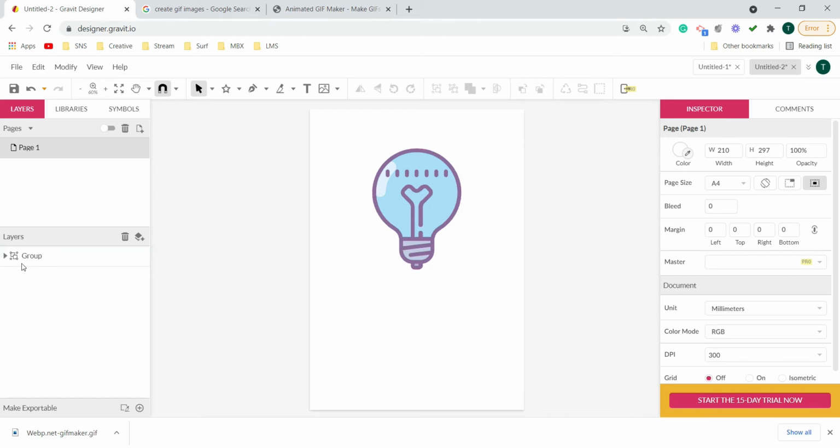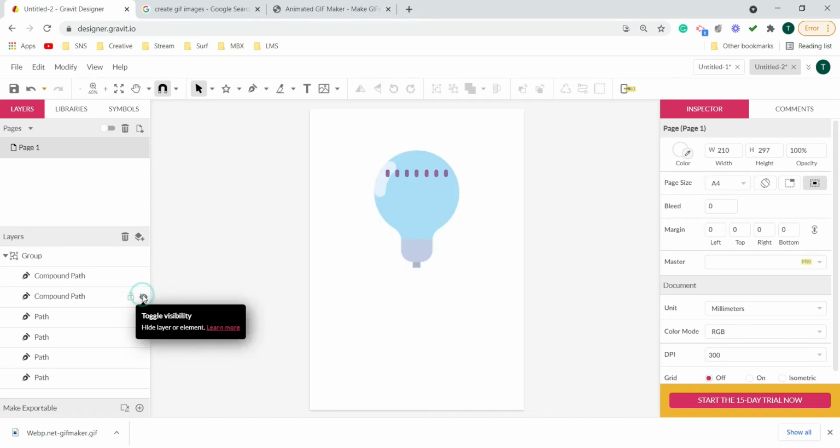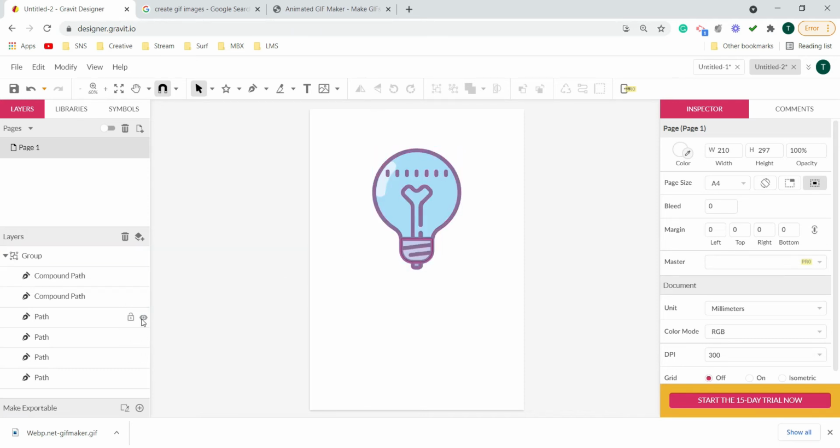Actually it is a group made up of different shapes. These are some strokes over here. This one is the overall outline. Then we have different paths for the bulb. So we need to select each of them carefully, individually, and then change the color.